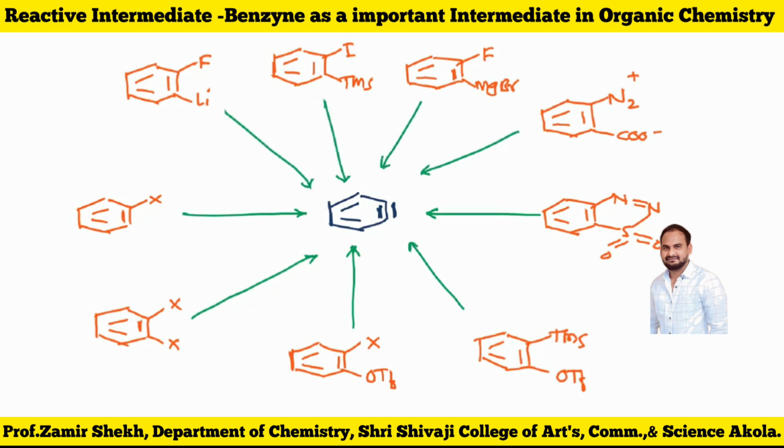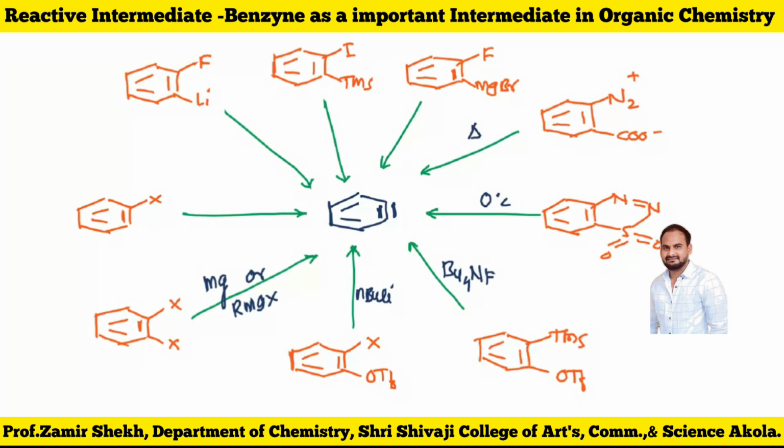The required reagent for this transformation, first of all, if it is a dihalo compound, then you can simply use magnesium, or you can use a Grignard reagent. For that X and OTf, you can use n-butyllithium. For that TMS and OTf, you can use Bu4NF, a quaternary ammonium salt. For that N2 molecule, you can remove it easily at 0 degrees Celsius. Then we have N2 and COO negative. You can just heat it, and you get the compound.